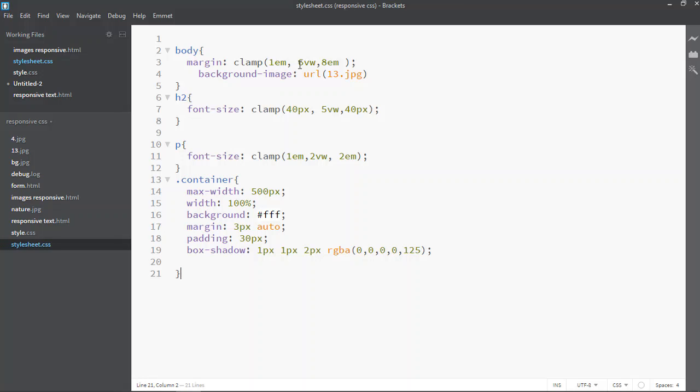So 6vw means the view width. The viewing width will remain. It will show 6 pixel. So I have set one background image, 13.jpg. That's the name of the image, and the rest